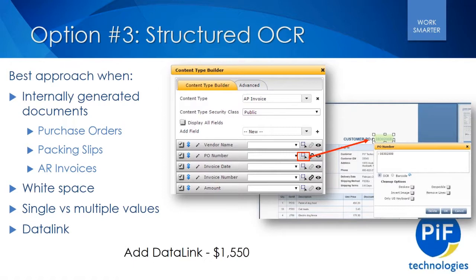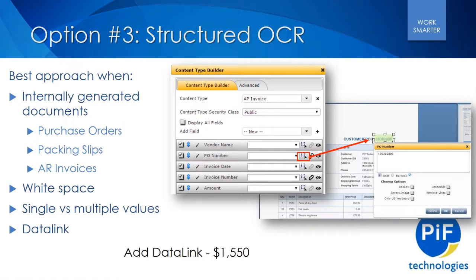docstar.com/help. Okay, structured OCR. There's two ways to do this. I'm going to show in our example, we're going to actually want to extract a value, an XY coordinate from a document, typically the first page. This is most ideal when you generate the documents. This isn't going to be something that you can do on an AP invoice or on a contract or receive from somebody. You have to make sure that that value is always in the same spot. So things like purchase orders you create, invoices you create,